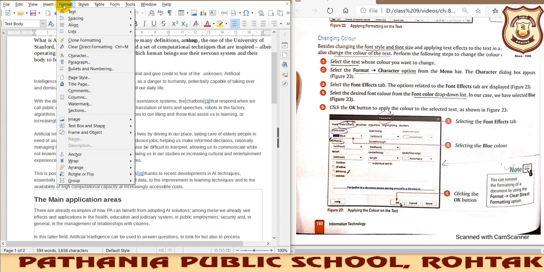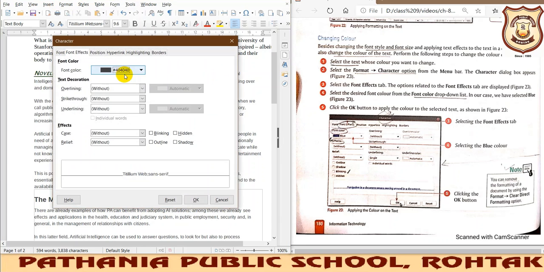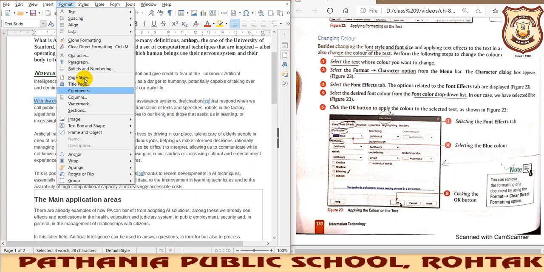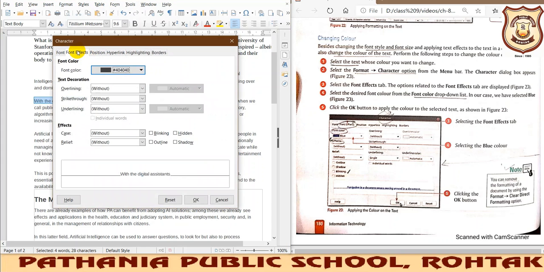So while you are using this Format, Character option, this is the blinking option. And if you want to give an outline effect, before we implement it we need to select the particular text. I'll select it, go to the Format tab, click on Character, then go to the Font Effects tab, and if you click on outline, you can see what type of text it has become. If I uncheck it, it will be like this, and if I click on this outline option, there is a shadow inside it, and it will give the shadow effect. In this way we can do it.